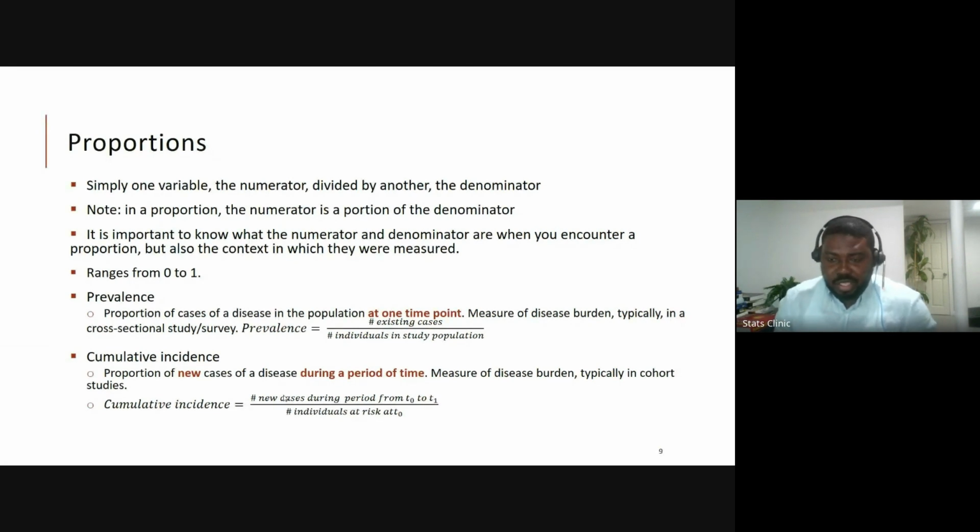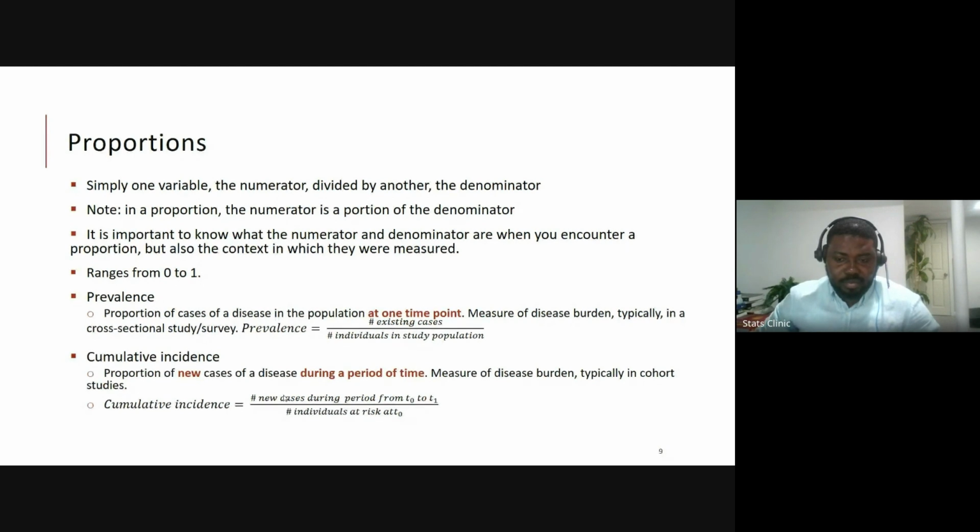Out of that 300, 100 people were already obese as at 2022. That means you have 200 people who are not obese in January of 2023. On the 1st of January, they were not obese at all. Those are the people who are at risk of obesity.